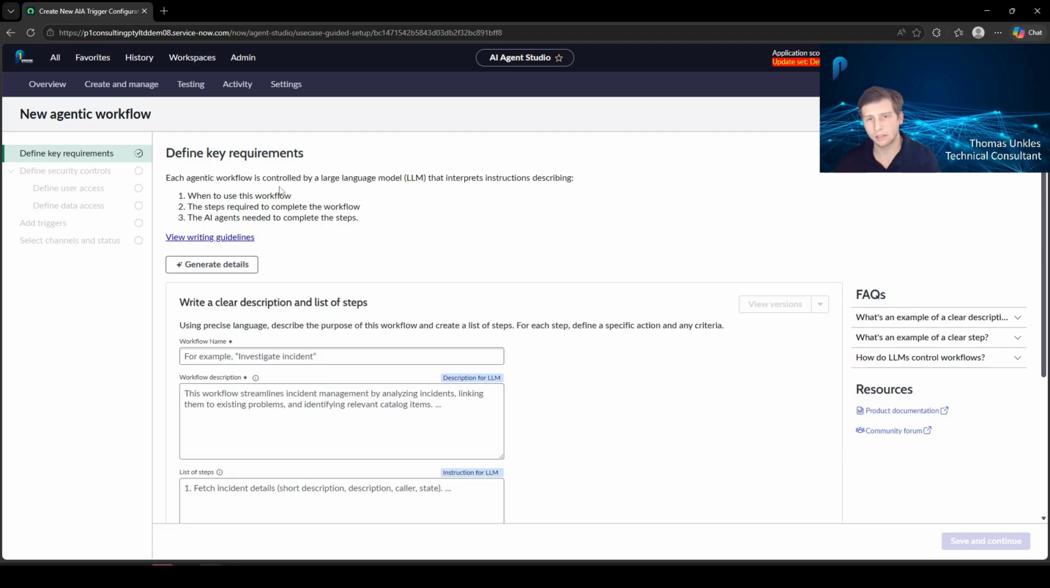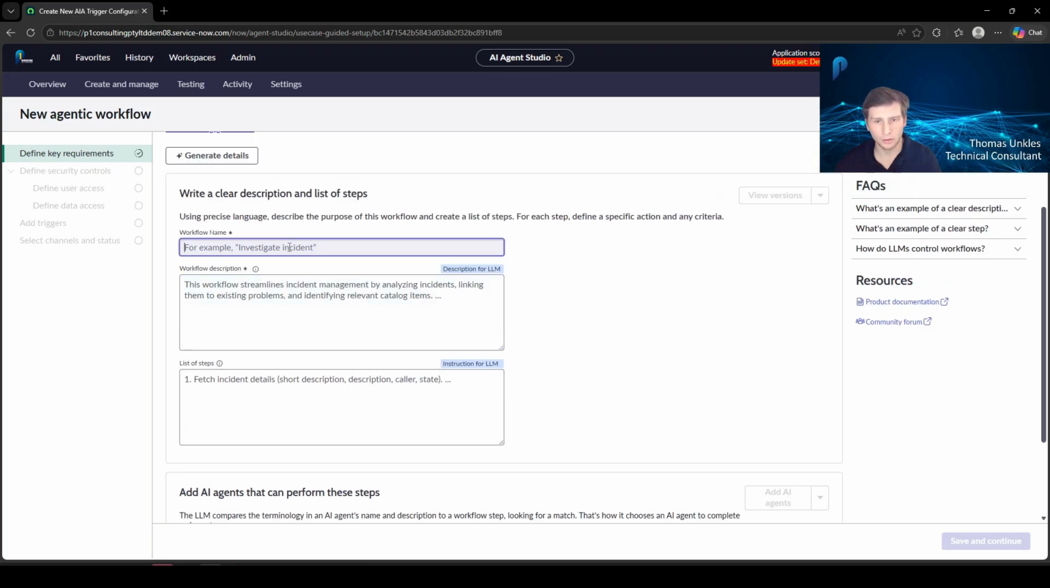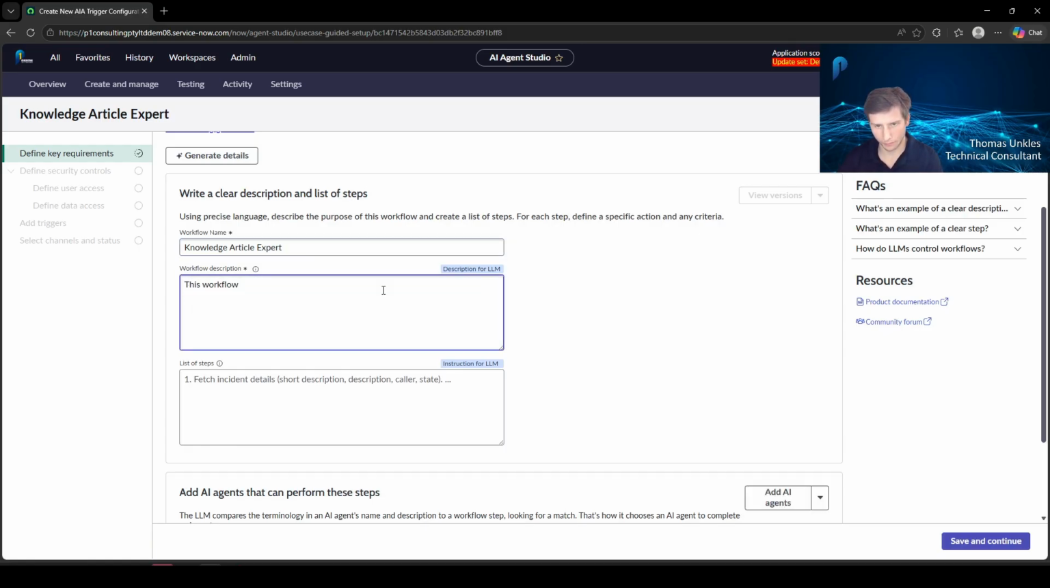Here, we just need to define our key requirements: when to use this workflow, the steps required to complete the workflow, and the AI agents needed to complete the steps. All right, so let us call this knowledge article expert workflow. This workflow is responsible for assisting